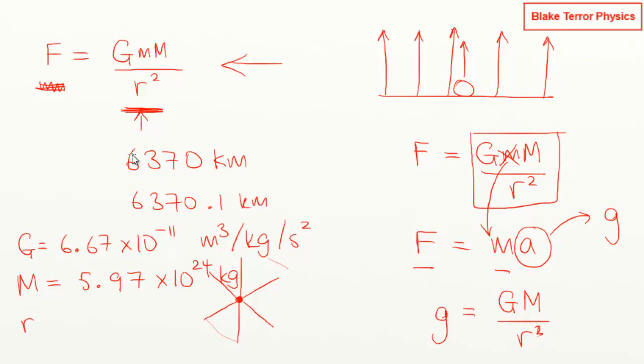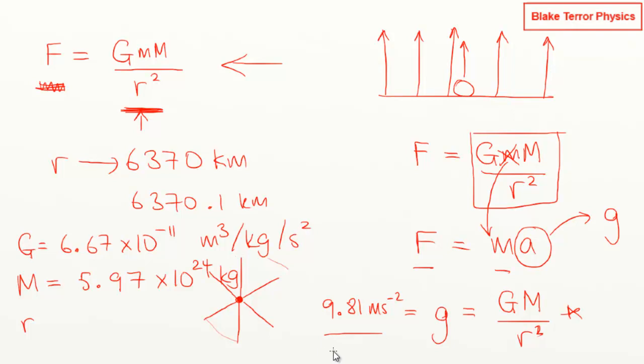Our radius of the Earth, I've already said, is this. That's our R. If you put those numbers in to here, this right-hand side, then you get g is equal to 9.81 meters per second squared, which is what we use all the time in our classical mechanics problems and